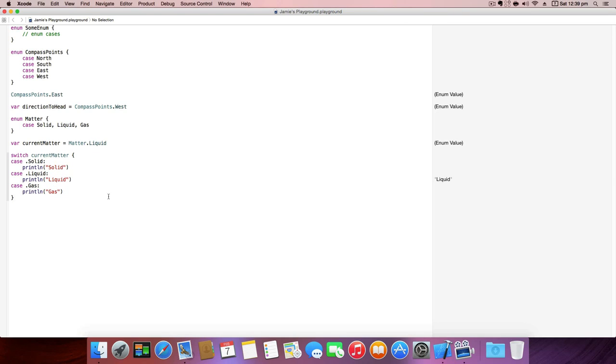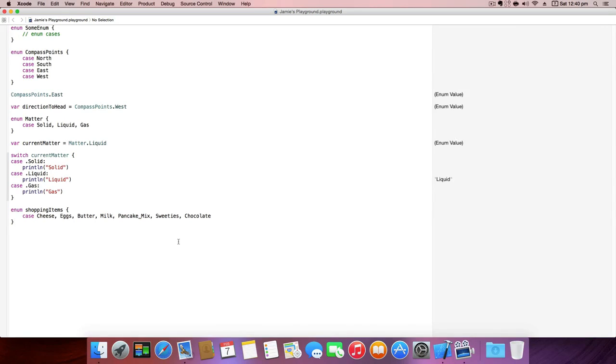This could work for other things like items in a supermarket. So let's do that. So let's create another enumeration, ShoppingItems, and inside of this let's do our different cases. So case cheese, eggs, butter, milk, pancake mix, and sweeties and chocolate, and we could do a whole variety of different cases, but we're going to